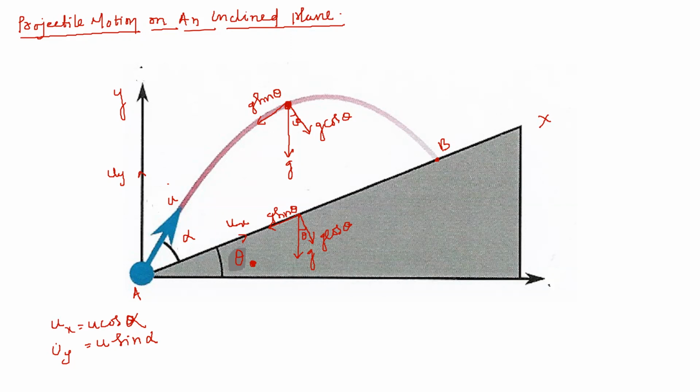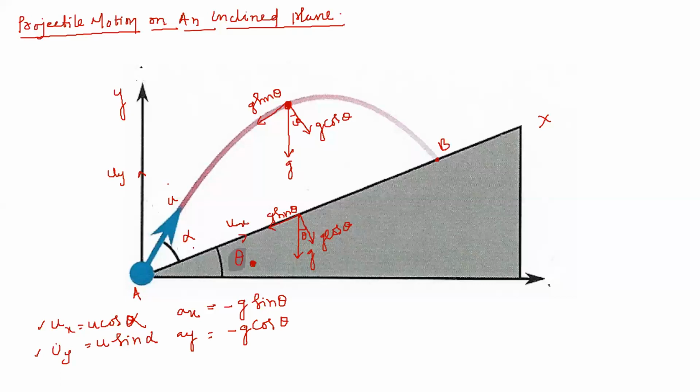So I can write here: initial velocity in x is u cos alpha, initial velocity in y is u sin alpha. Yes or no? Next, acceleration in x, ax, how much do we get? We are moving in this direction, but the gravity is in this direction, so I can write minus g sin theta. And acceleration in y is equal to minus g cos theta. We resolved and we just found it out.